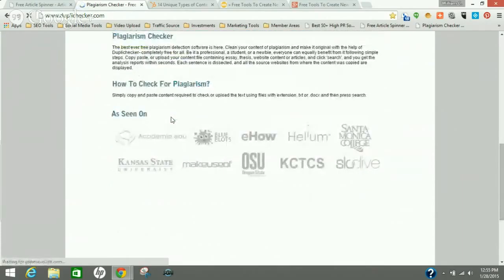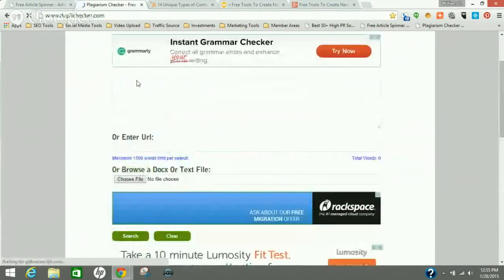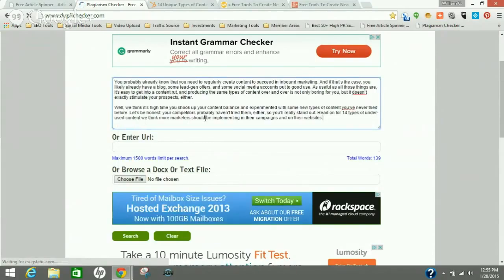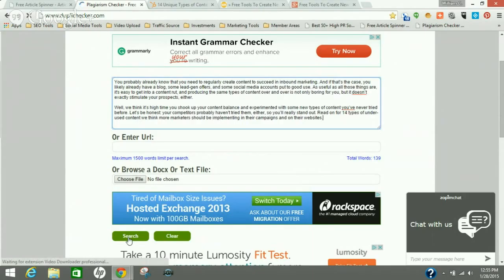Okay. So what you want to do here is paste the text in the box. I'm just showing you that it actually does work, that it can detect duplicate content. You paste it in the box and hit the search button down here,